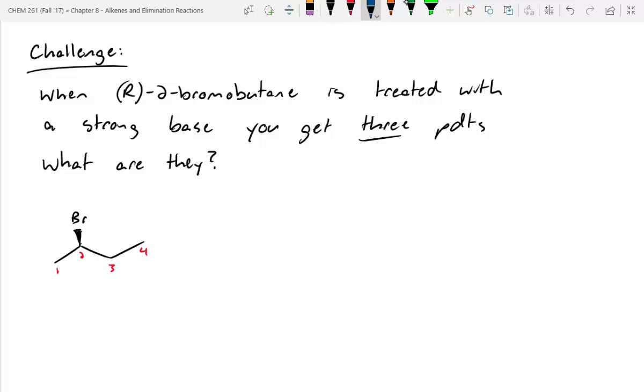Let's check to make sure that it's actually R and not S. Highest priority will be bromine. What will be higher priority? The ethyl group, meaning carbon 3, or the methyl group, meaning carbon 1? Okay. So it'd be 2 and 3. We rotate around. Is that R? Yep. So we're good to go. We don't need to flip it. So this would be our starting material, and it's saying if we treat this with a strong base, we're going